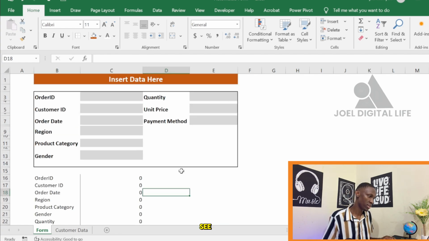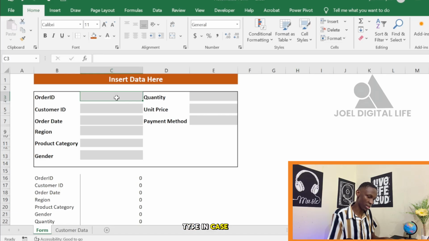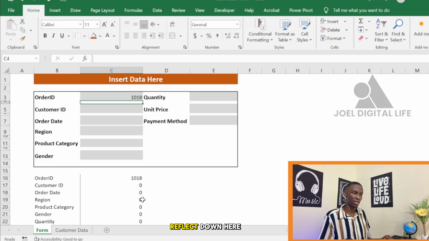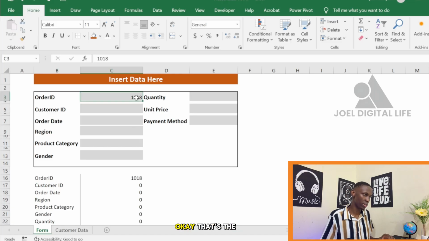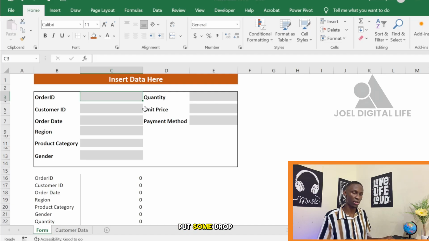As you can see, now the use of this is that when we type, in case let's type Order ID, it can automatically reflect down here. Okay, that's the importance of it. So we shall put some drop-down list here within our form